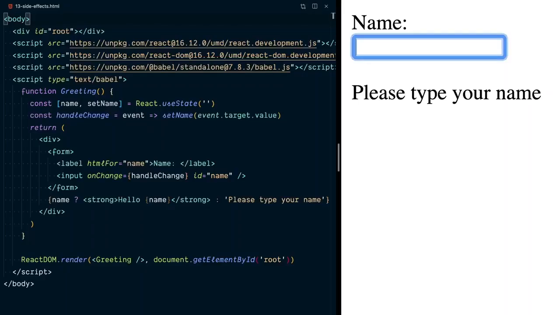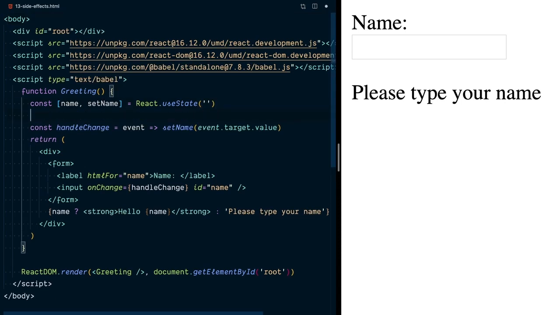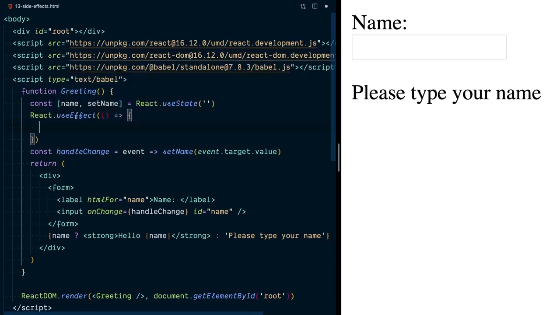I want to be able to type in here some value and have that saved in local storage so that when I refresh the page, that value will be retrieved from local storage and be loaded into the input. This is called a side effect, and in React, to do this, you use React useEffect. This is another hook like useState, and this function will be called every time the greeting component is rendered. So anytime the greeting component is rendered, we're going to say